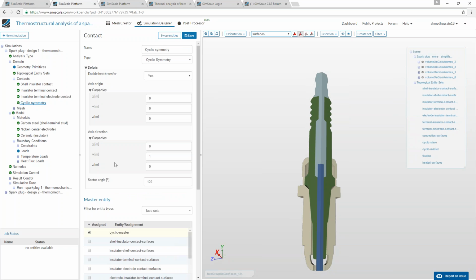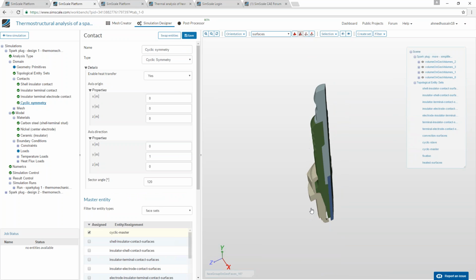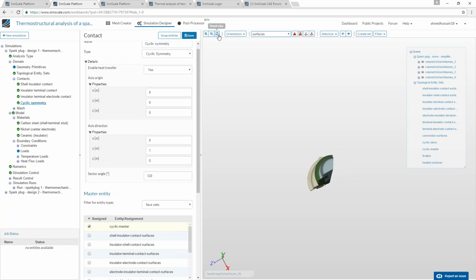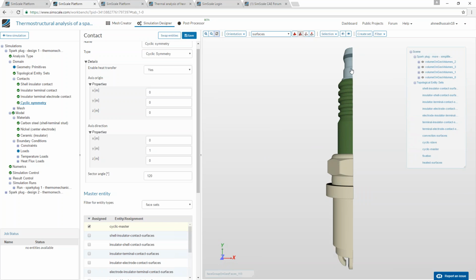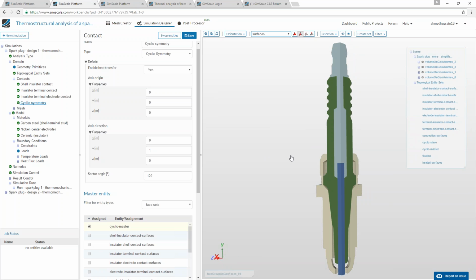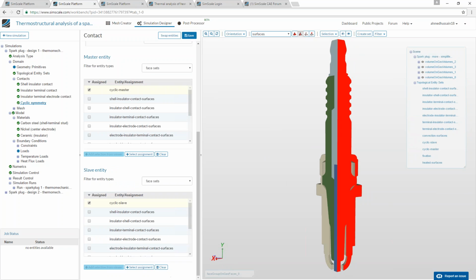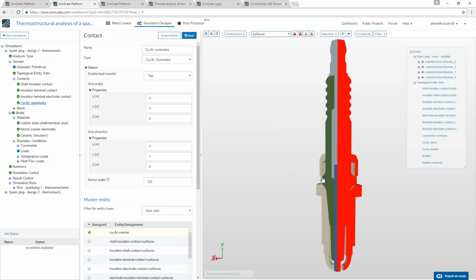The important one is this one, the cyclic symmetry, which I was talking about. In this case, you can see that we have taken 120 degrees of the model, not the full model, so one-third, you can say. The cyclic symmetry allows you to apply the symmetry along this model. You can see that our model is cut here, for example, on this side along the x-axis. So I will make this the master, and then I will make these surfaces the slave. You can see that these surfaces are now slave, and according to our right hand rule, the right hand rule shows, okay,